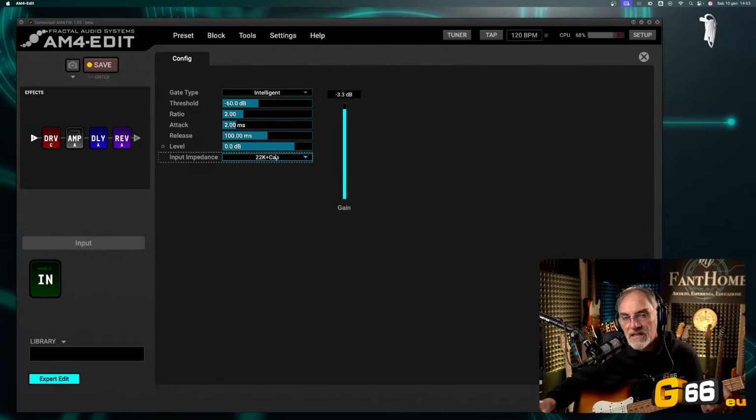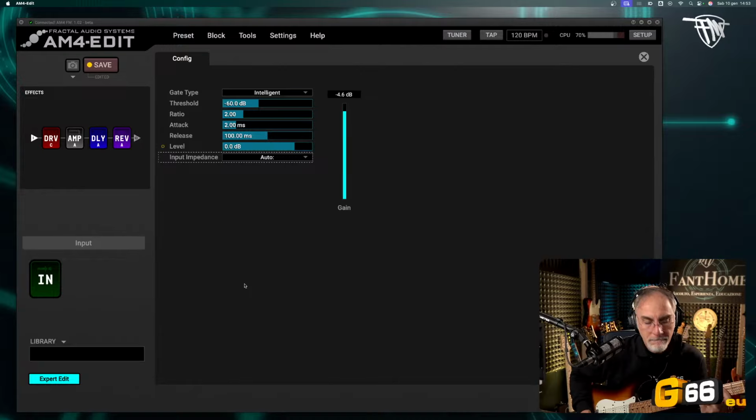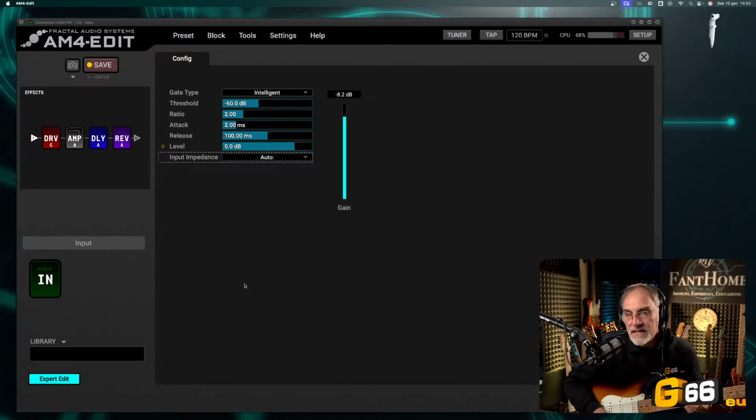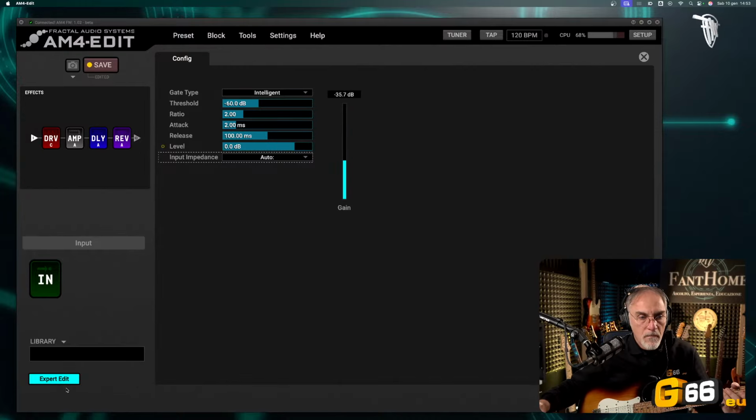You can test different values for the impedance, or you can leave it on automatic. Perfect.